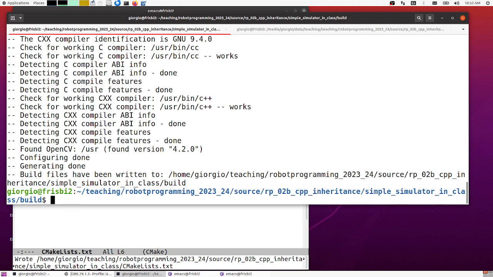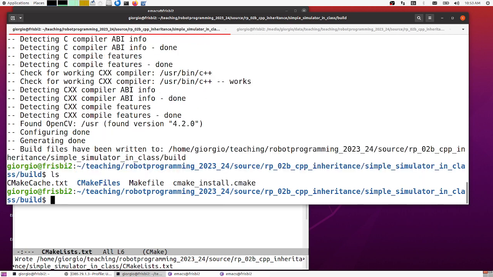Now it's not by chance that I run CMake in this open fashion, because it has done something. It has written tons of stuff into this folder, and what I'm interested in is the CMake cache, which is the file where CMake writes all the variables that it detects. I open it naively,